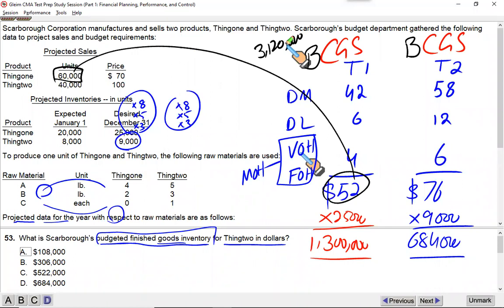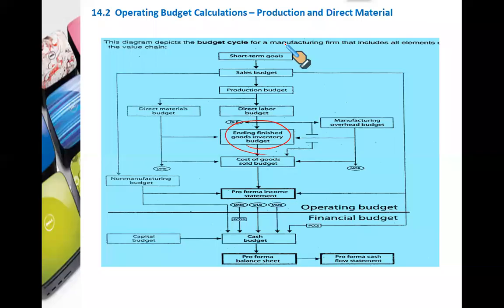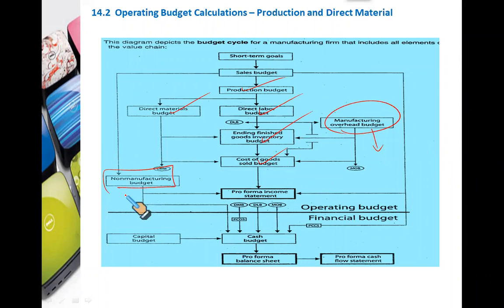So this is how we derive our cost of goods sold budget. So we have learned everything: production, material purchase, labor, ending finished goods inventory, the cost of goods sold, and manufacturing overhead. There is luckily not a single question involving the establishment of the manufacturing overhead budget. It will be fairly straightforward because you will be given the numbers and you just have to establish the rates. Now we have one thing remaining: the non-manufacturing budget. When you say non-manufacturing budget, that means your selling and administrative budget. So the dynamics of these budgets will be very different. Let me show you.